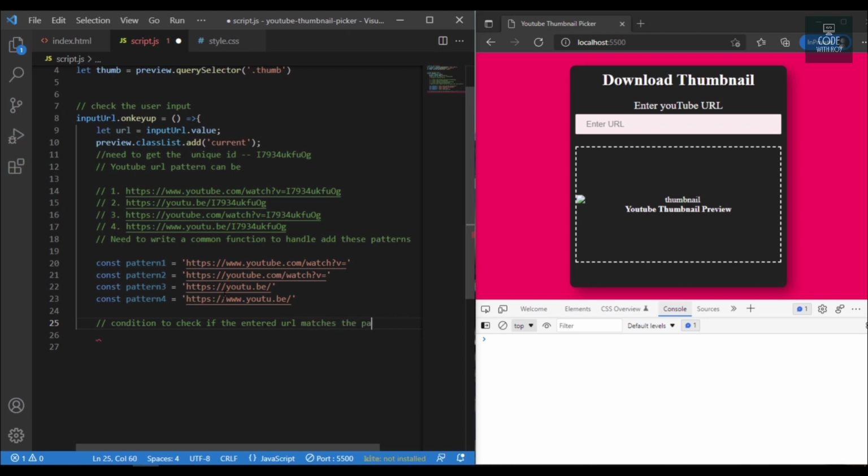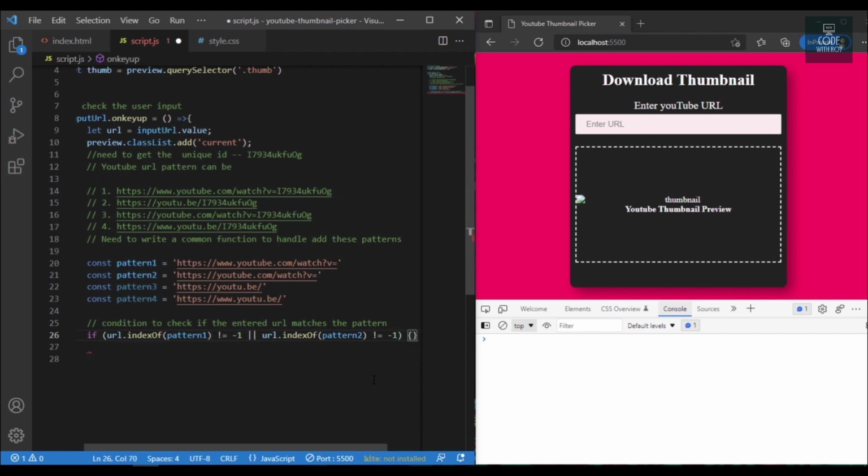You should always write some comments beforehand, because it will help you understand why you are writing the code. Write the condition. So I am going to use the url.indexOf function, and inside of it I will pass pattern 1, and I will check if it does not equal -1. This function is similar to Java's .contains. So I will add both pattern 1 and pattern 2 over here with the for function,